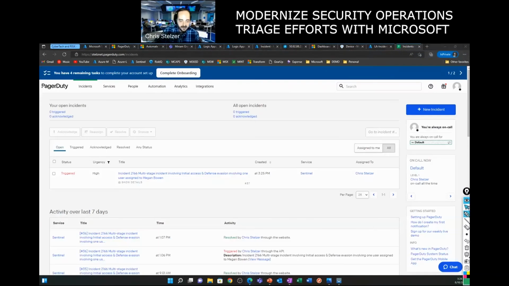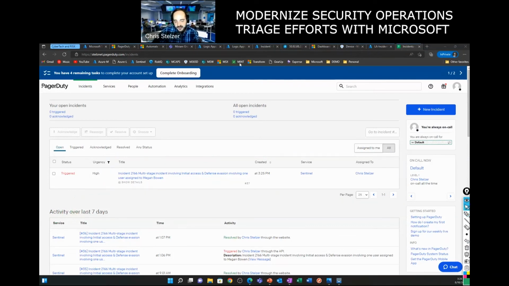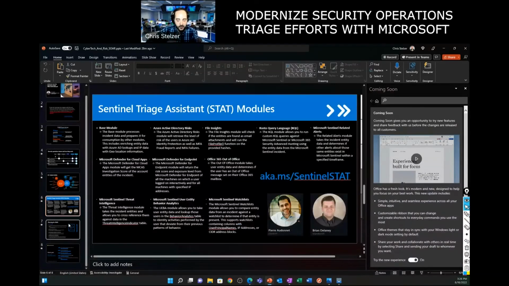Here we can actually see the incident was opened in PagerDuty because it's currently sitting at a new status. It's now going to iterate through all the different phone calls that are attributed with my queue within PagerDuty, and away she goes. So there's just tons of different ways that you can help automate triage efforts within your environment. I just love the STAT module. Go take a look at it.